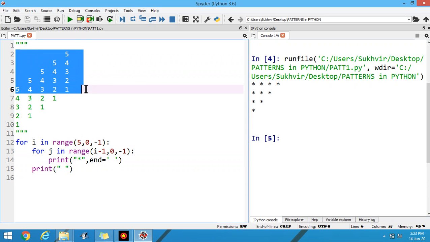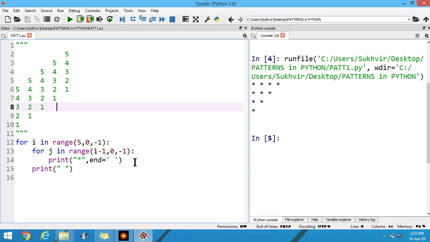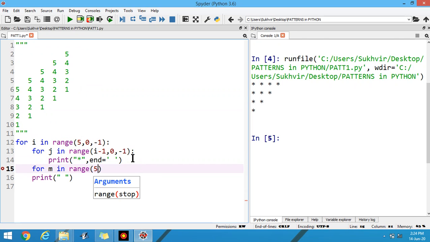But you have to check the first value is fixed and the last value is variable. Suppose I write here for m in range, 5, it is a starting point.